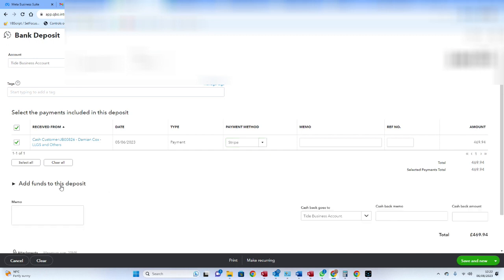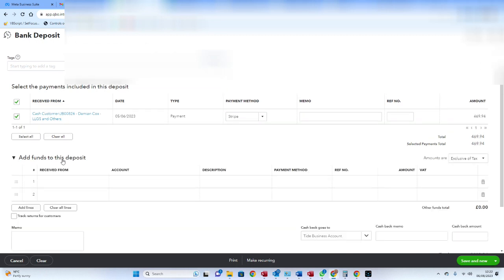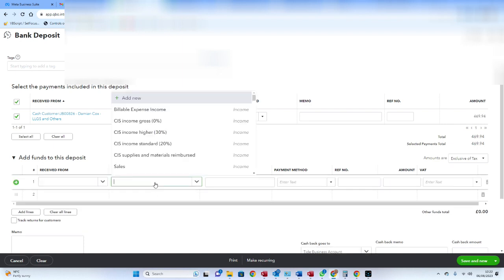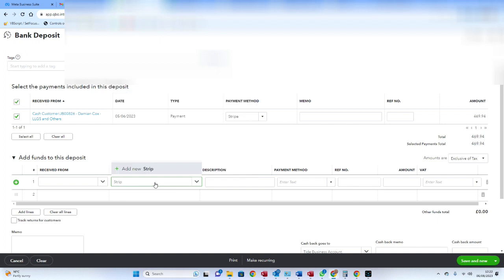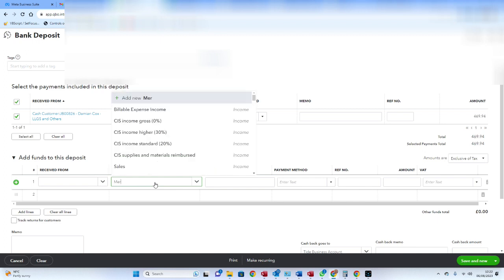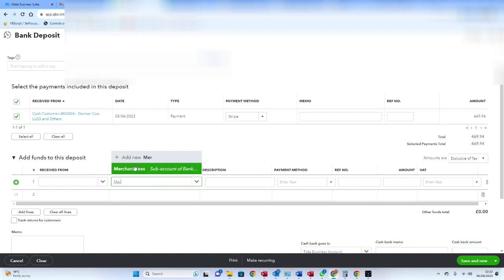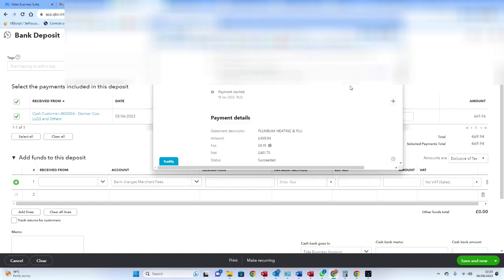And then add funds to this deposit. Sometimes it's reduced and you need to click on it. Received from, you're going to leave blank. And here you're going to put in your fees account. So that's normally bank charges. In our case, we've added merchant fees. You could even drill down further and have Stripe or Amex if you want to see what you're paying for